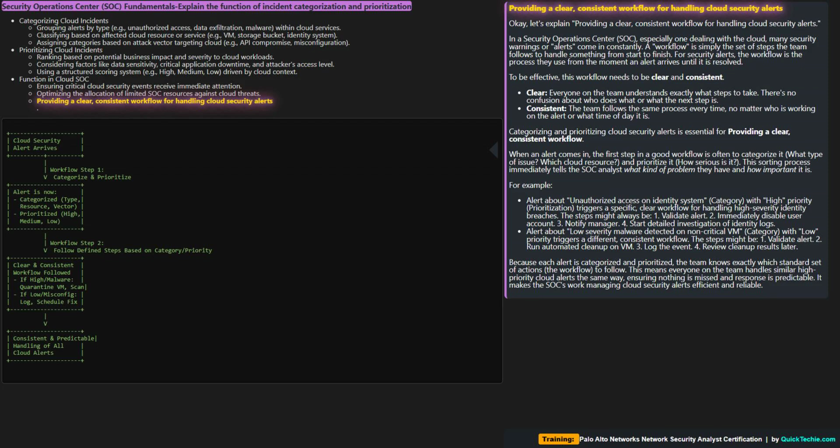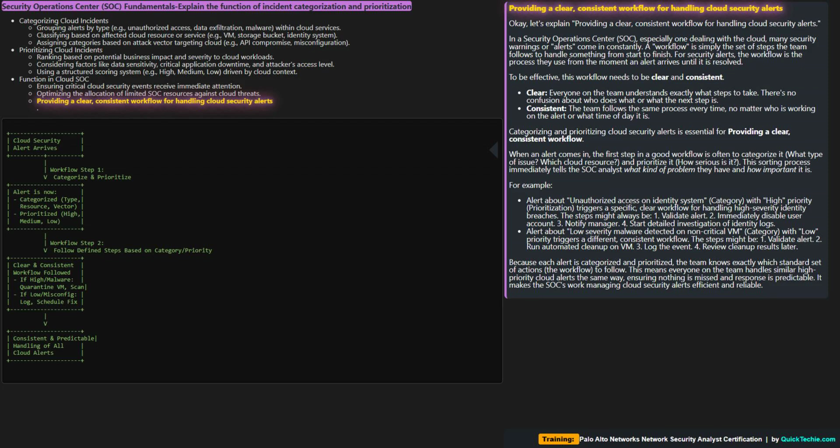When an alert comes in, the first step in a good workflow is often to categorize it, what type of issue, which cloud resource, and prioritize it, how serious is it? This sorting process immediately tells the SOC analyst what kind of problem they have and how important it is. For example, an alert about unauthorized access on an identity system, category, with high priority, prioritization, triggers a specific, clear workflow for